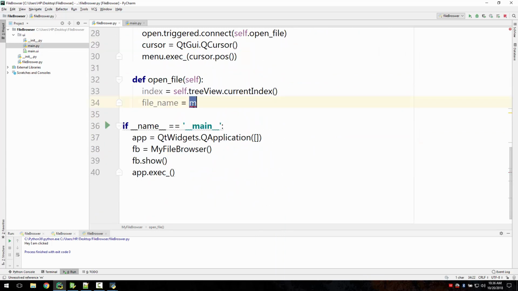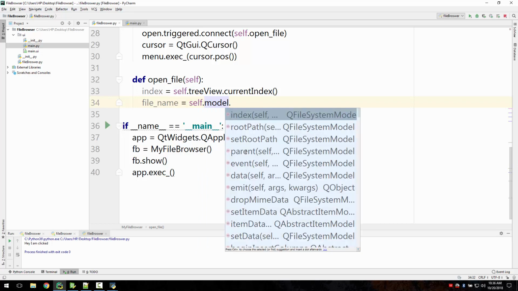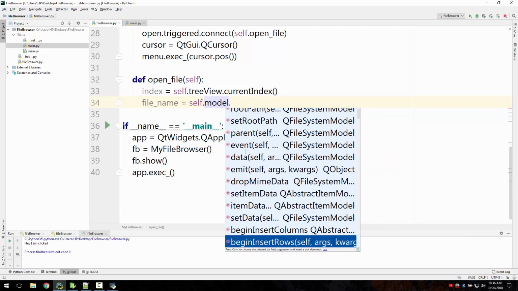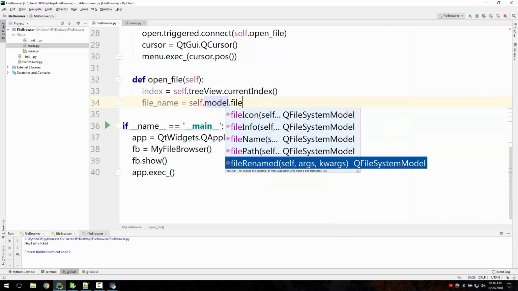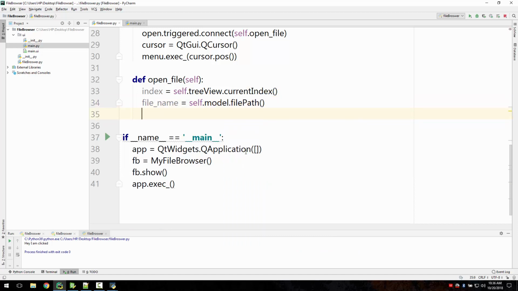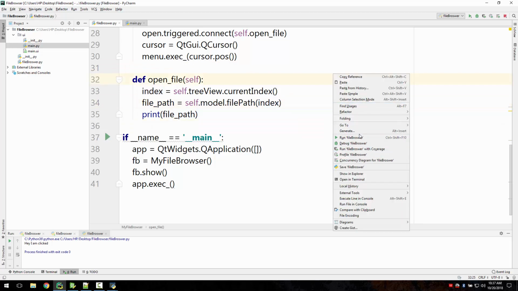The reason is we need to query from this model right now, so this self dot model dot, and here you see there are many options available. What we need to call is file icon, file info, like what we need is file path. So let's just print this at this time, print file path. Just put the proper naming. It's a good habit to put proper naming, and you need to provide an argument also here, which is your index. And now if we run the file browser,